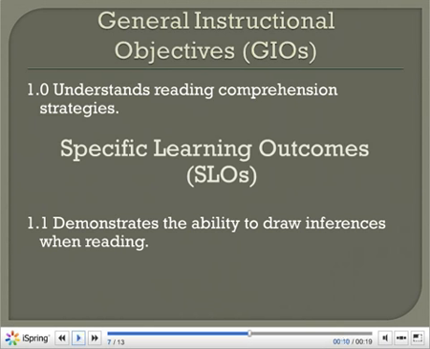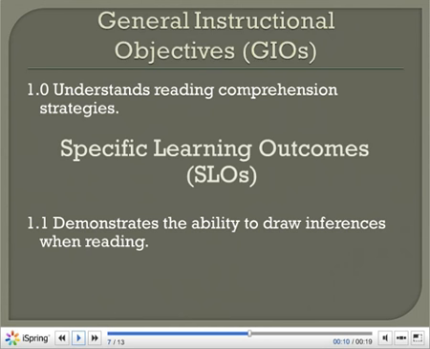You'll be learning to write General Instructional Objectives, GIOs. These are always labeled with whole numbers, 1.0, 2.0, 3.0, etc. Notice that a GIO is quite broad in nature. Each GIO starts with a verb ending in an S from the middle column of your handout. This particular GIO, Understands Reading Comprehension Strategies, begins with understands, so it comes from the comprehension category in the cognitive